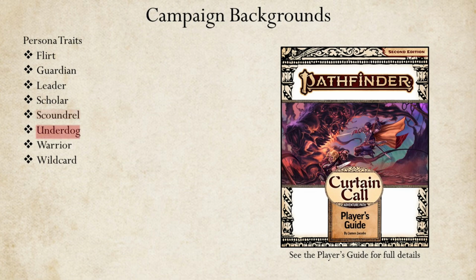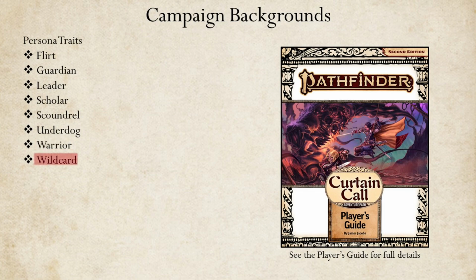The underdog is seen as the outsider in the group, someone who may be in over their head, and might not belong in a group of heroes. That said, underdogs are often also celebrated for finding success in spite of adversity. Warriors are seen as the muscle in the party, the strong, reliable force which can take down enemies with ease. Warriors are sometimes seen as one-trick ponies, however, and might be interpreted as vicious or brutish.